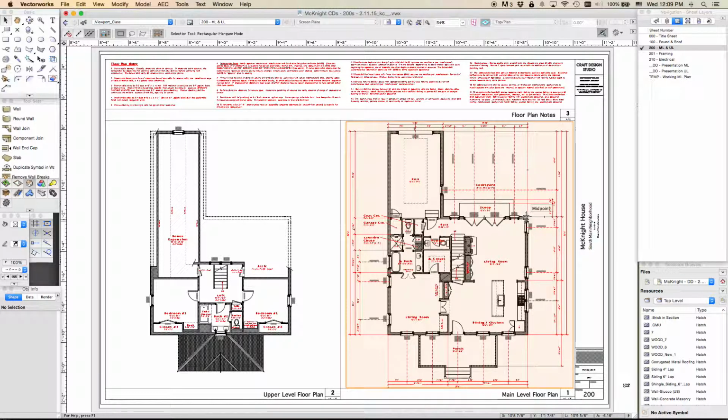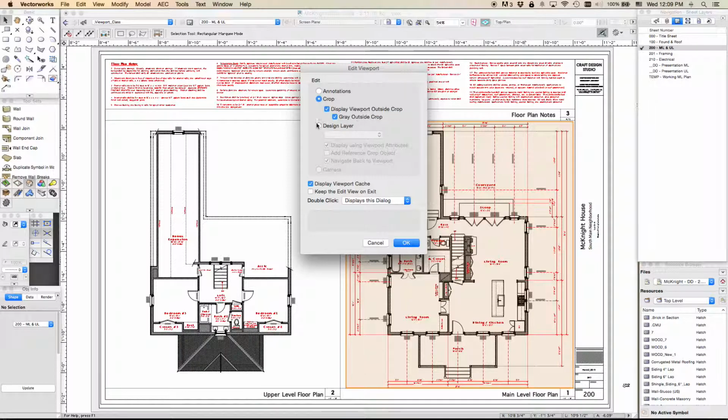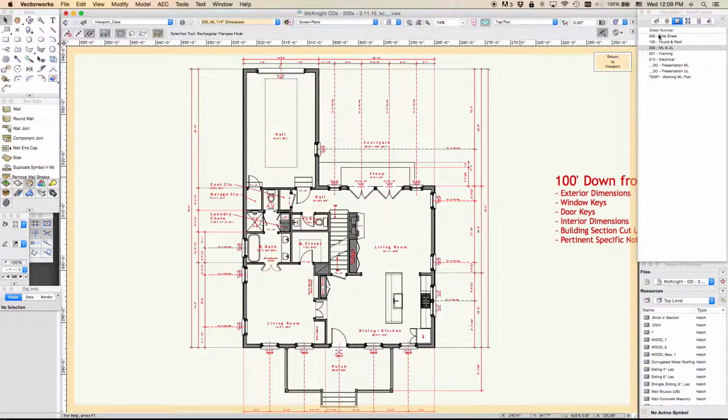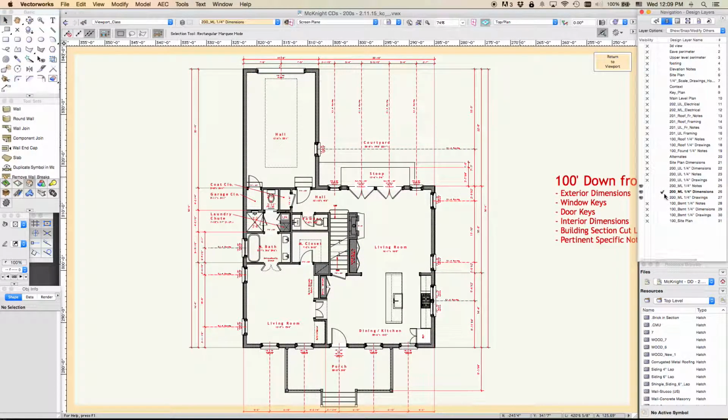this one. If I double left click and then hit design layer, go into the dimensions design layer and hit OK, kind of takes me into the design layers. You can see here my active design layer is the dimension design layer. So also right now I'm going to make sure